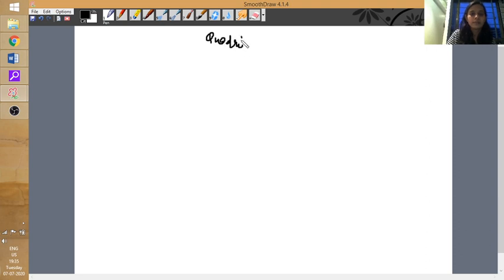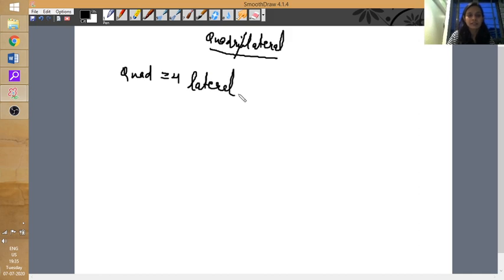Quadrilateral. Okay, I know you have all been familiar with this word. So I'll start with the very basic thing. Again, as I explained about polygon, I'll explain about quadrilateral. If I divide this word into two parts, quad means 4 and lateral means sides. So by the name you can guess what it will be. A quadrilateral will be a figure of 4 sides.